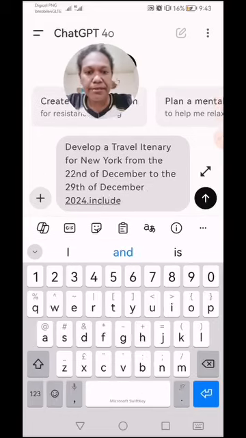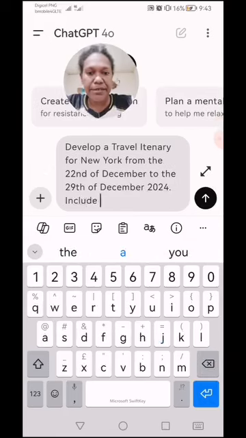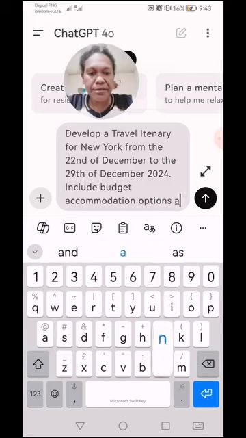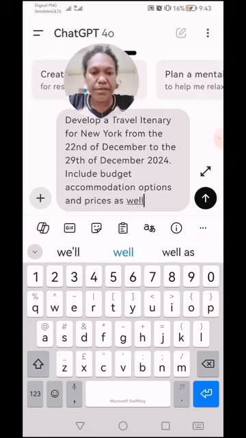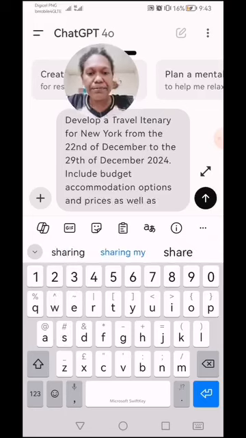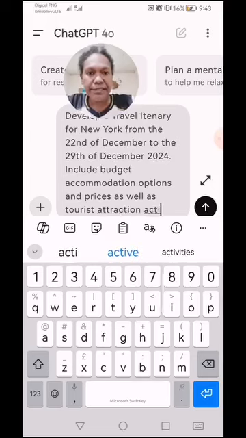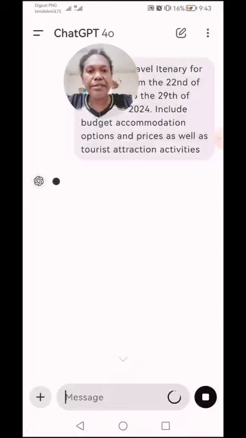Include accommodation options, budget accommodation options and prices, as well as tourist attraction activities. And then you go.